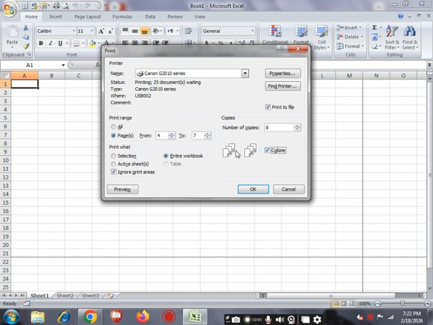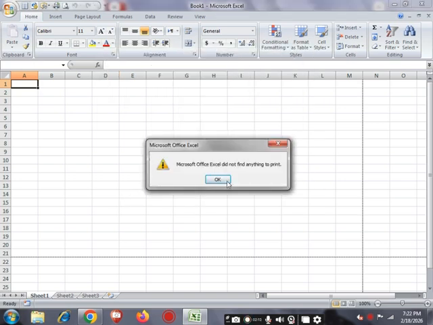The next is the preview option that shows all these options we have discussed, only as a preview. When we click on it, this dialog box opens because we have not selected any print area. Our workbook is blank and we have not chosen any printing area, so this option guides us to select a print area.